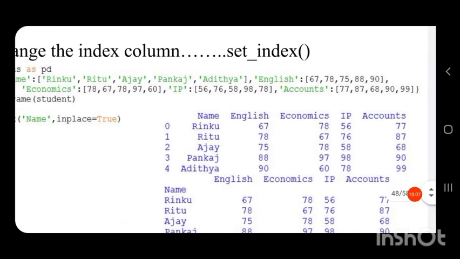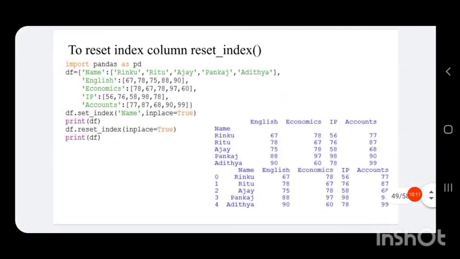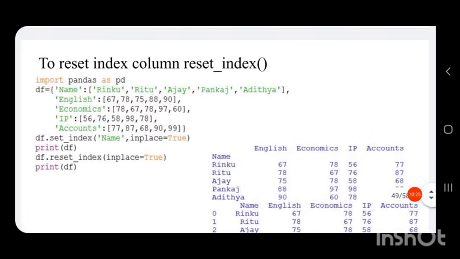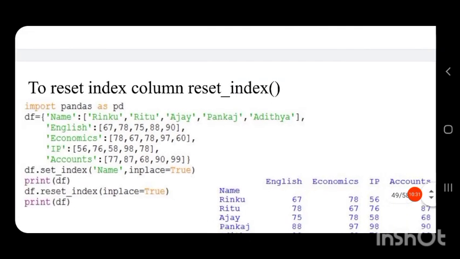So for that we have a function called reset_index. That is, if we want to change the row index to its previous state, that is in the form of 0, 1, 2, 3, 4, then we have a function called reset_index.